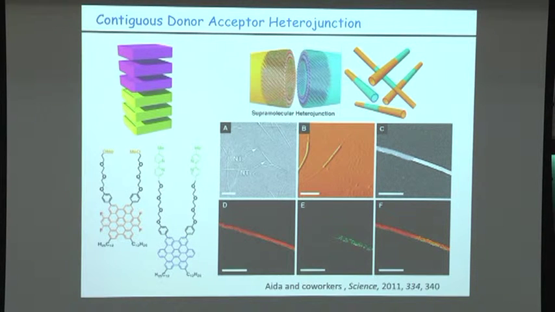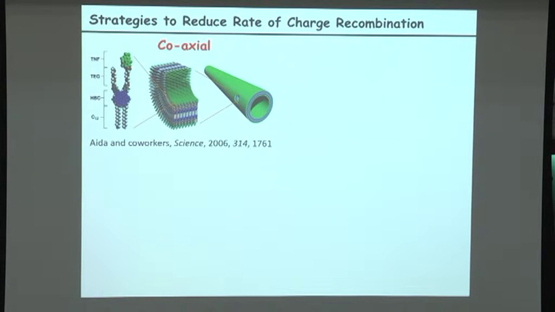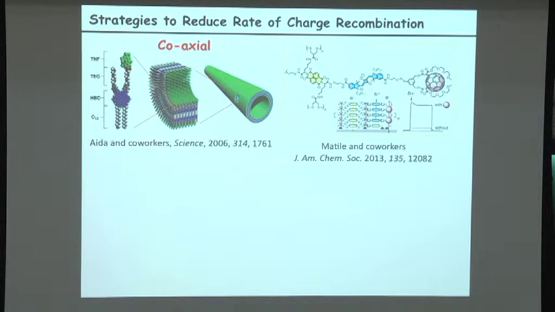But more interestingly, synthetic challenges were extended in various Japanese groups, where you can see that a donor and acceptor system are fused together the way that is shown over here, and you can see the micrographs that clearly show the two different structures made out of p-type and n-type material, and you fuse them together. It has an exceptional photoconductivity on-off ratio that you can measure. Since then, people started working on a variety of other structures, like cylindrical structures which are called coaxial structures, and also supramolecular polymerization on surface where you have donor-acceptor-donor systems